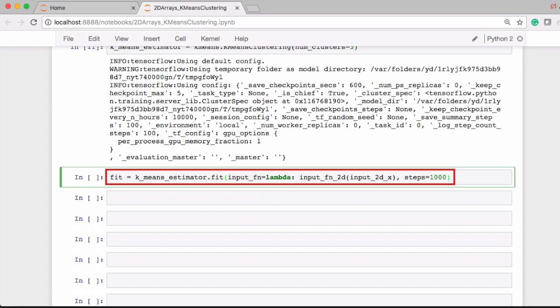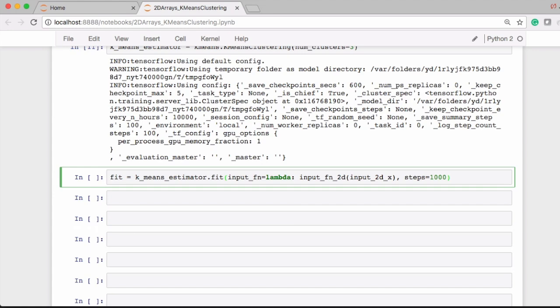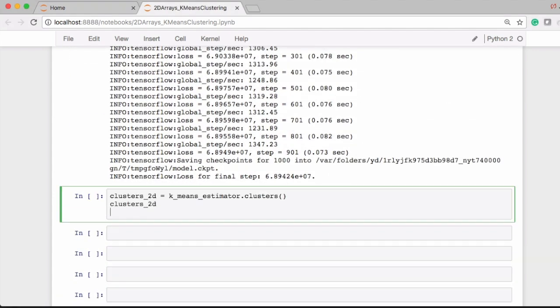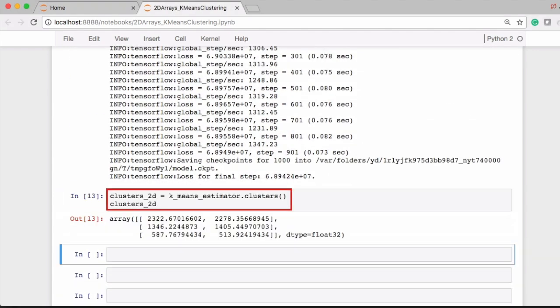We call this the training process even though there are no associated labels. The training process is simply to find the clusters in the X data. The argument to our training process is the input function, pass in the array that we just set up, and we train this for 1,000 steps. Once the training process is complete, you can call k-means estimator.clusters to get the cluster centers or the reference vectors